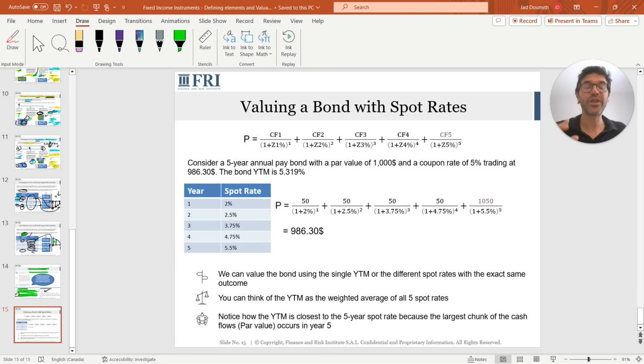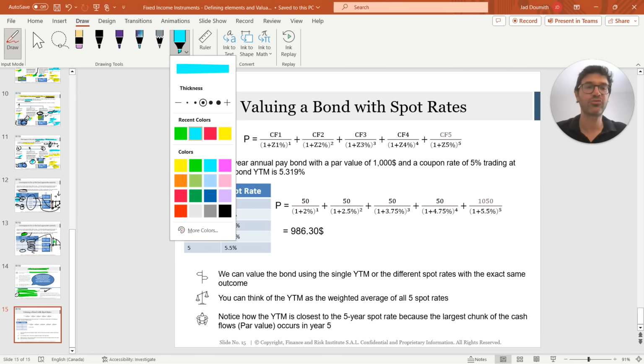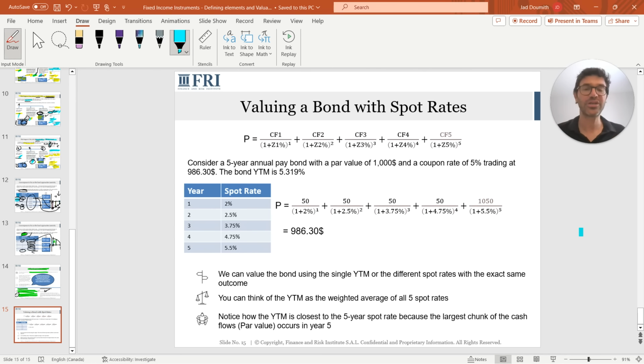Obviously, you're now seeing a form of a yield curve, a spot rate curve, we call it. We will leave the complex stuff about spot rates for another video. But so far, look how the problem with yield to maturity was actually corrected. You can now see those 5 spot rates for an issuer who has a yield to maturity of